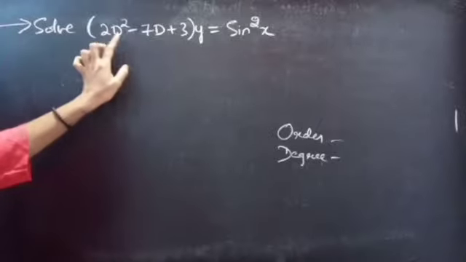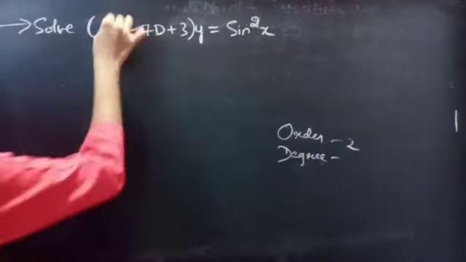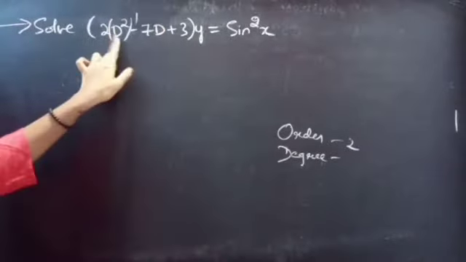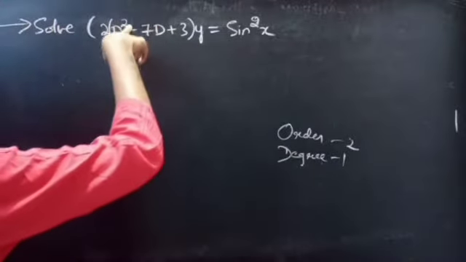Identify the highest derivative here. D² is the highest derivative, so the order will be 2. And the highest power of the highest derivative is the degree. Degree is 1. Or, just write the given differential equation as